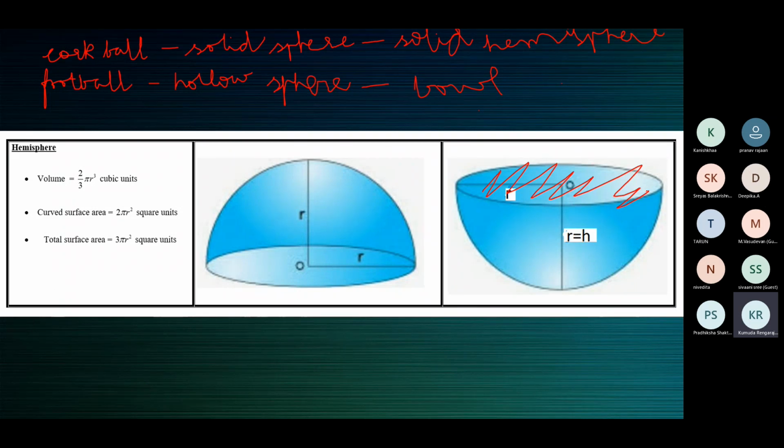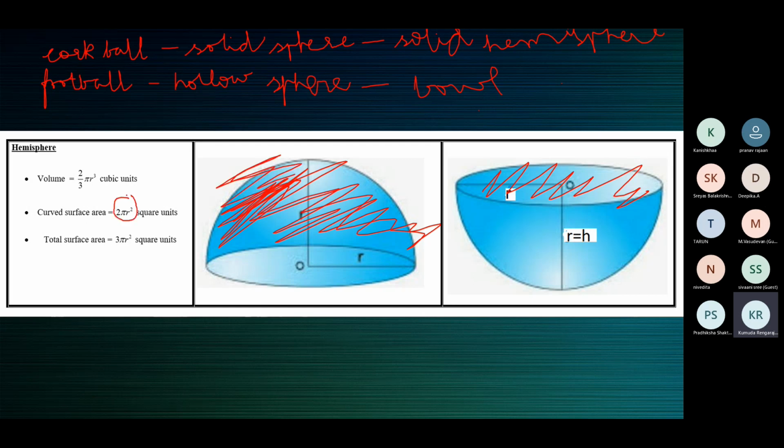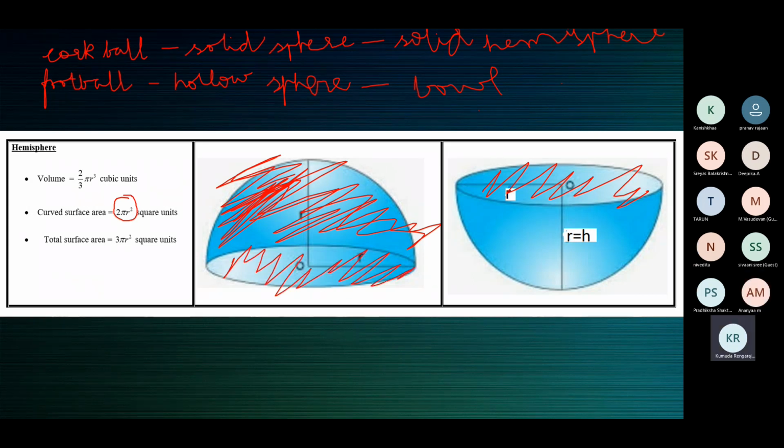But when you take half of a cork ball, on the top you can paint. There's material. All over you can paint this half. You can paint half of the cork ball. So if this is half of a cork ball, you can paint it here. This is the curved surface area, which is 2 pi r square. And this is the area of the circle on the top.